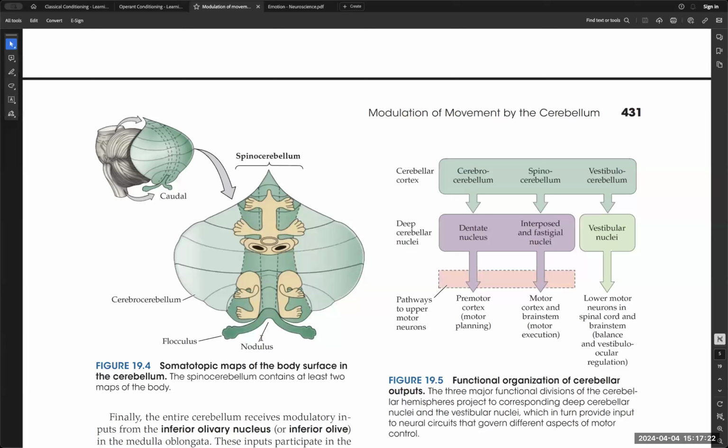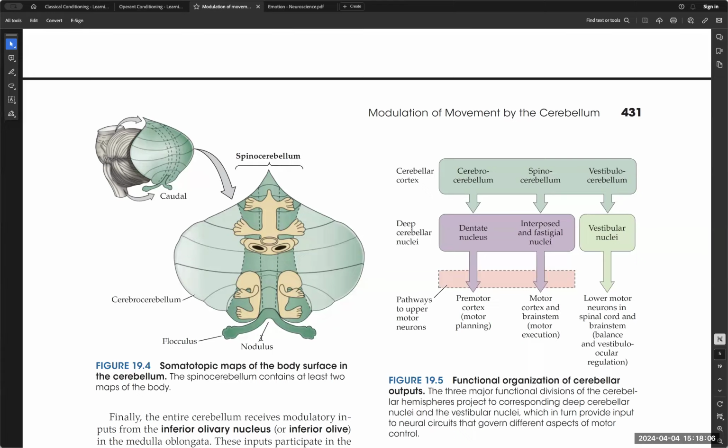Okay, representation, we don't really find a clear homunculus in the cerebellum. There is some form of scatteredness of the representations of the different aspects of the body, the different aspects of the periphery. There are still clusters that are separated, and you'll find representations of the same somatosensory areas or the same motor areas in multiple of these clusters. And actually this is very important as well for the preservation of function. Okay, so